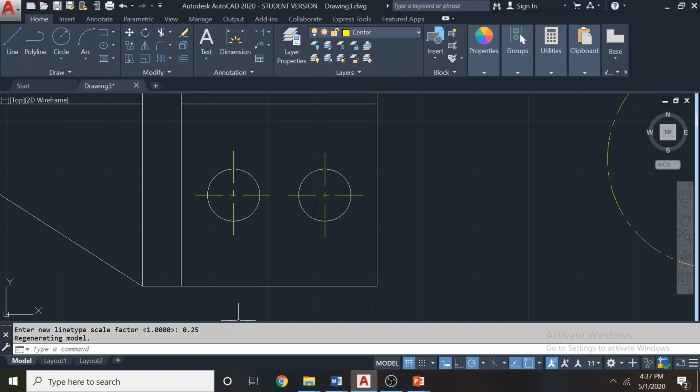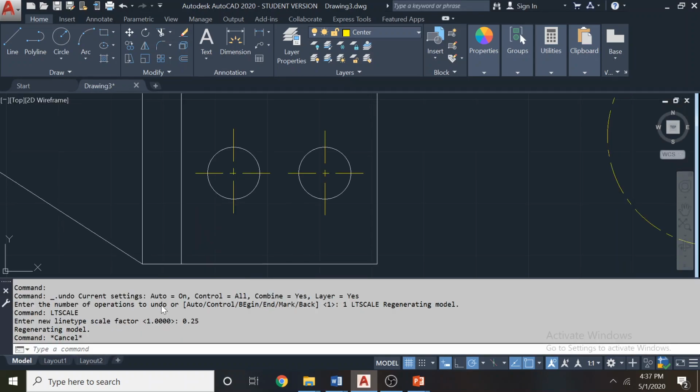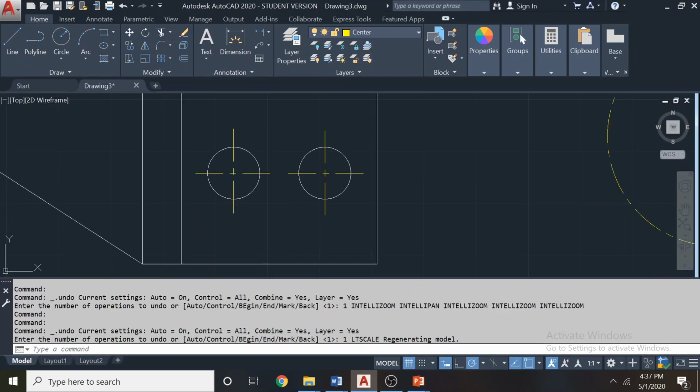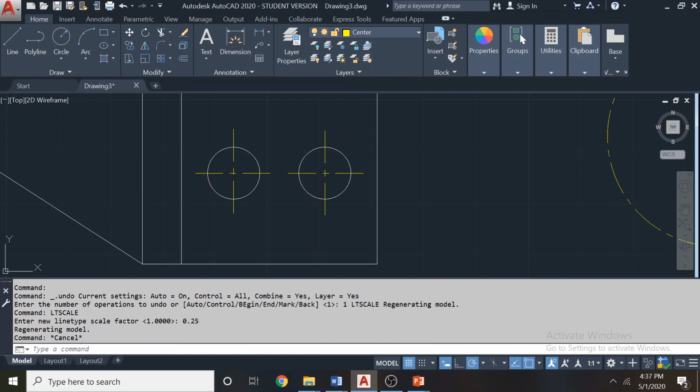Earlier what I did was I gave 0.1, and I undid it and gave 0.25. So if it is not going to satisfy, just undo again and give a new value. Don't give new values continuously without undoing. Always undo the previous value and give a new value.